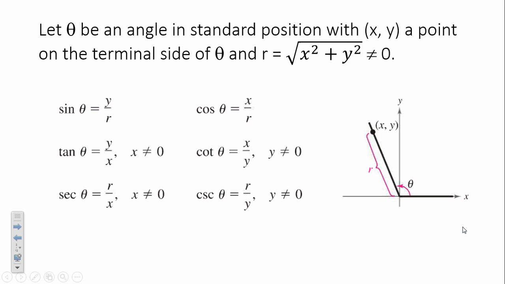We're going to let theta be an angle in standard position with (x, y) a point on the terminal side of theta, and r being equal to the square root of x squared plus y squared, and r can't be 0. Okay, formal definition. In other words,